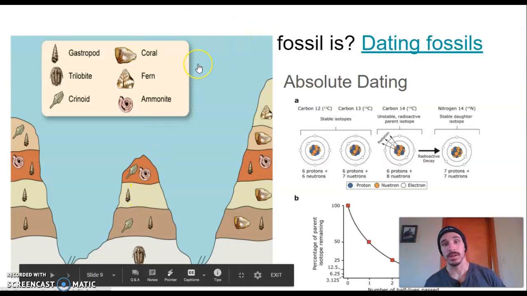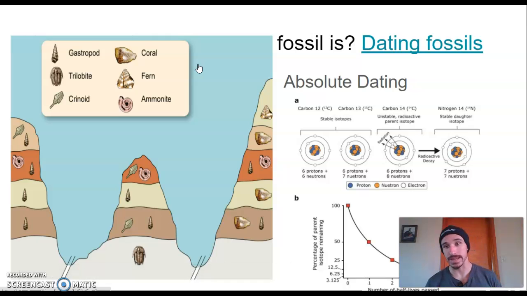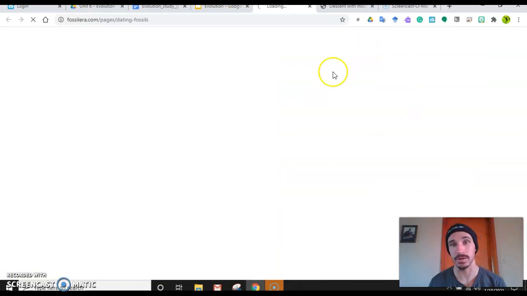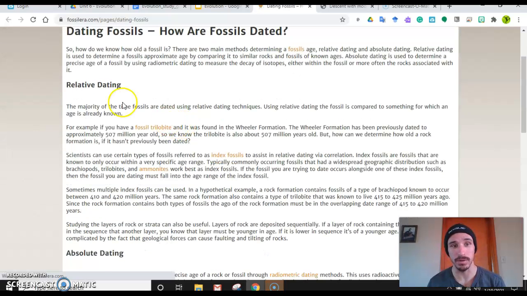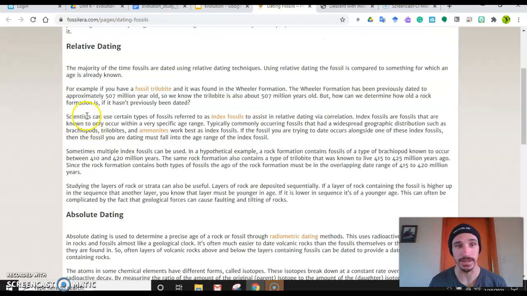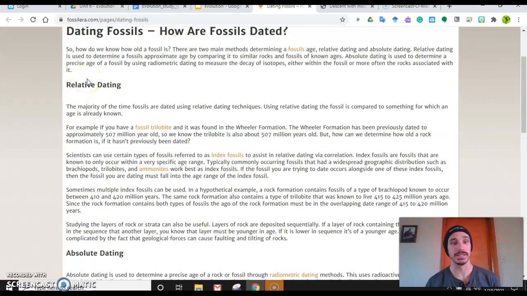So there are two ways to date a fossil. Okay, there is relative dating and absolute dating. All right, and if we click on this, which I'd also like you to do, it'll take you to a little bit of reading about relative dating and absolute dating. It says relative dating is the majority of the time how fossils are dated, and